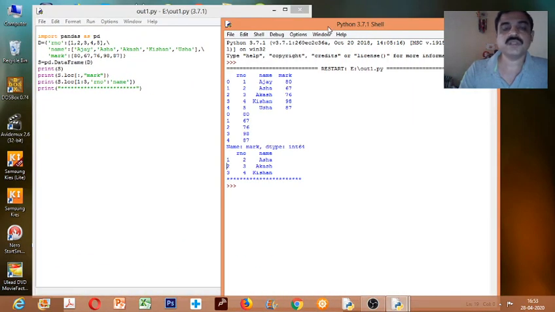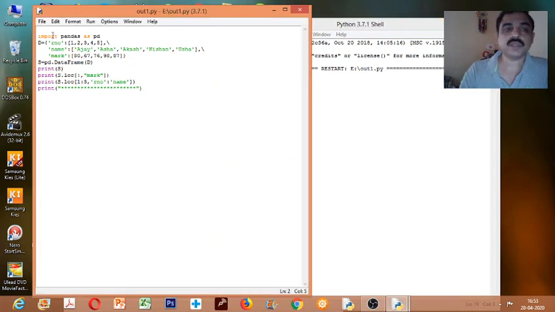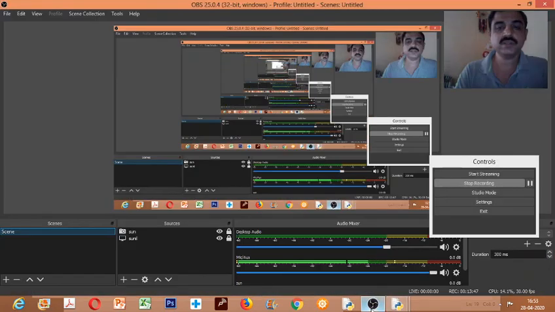We'll see some more things. We have seen how to install Python, how to install pandas, then working with pandas. When you are working with pandas, what you need to import first, then how to create a series, how to create data frames with some functions we have seen, and some more functions we'll see in coming sessions. I hope you are clear with this.